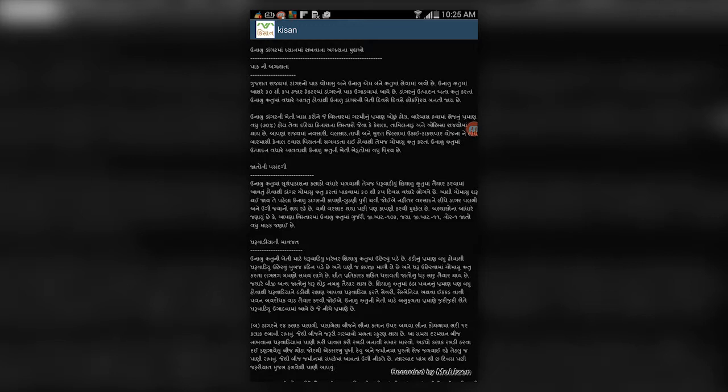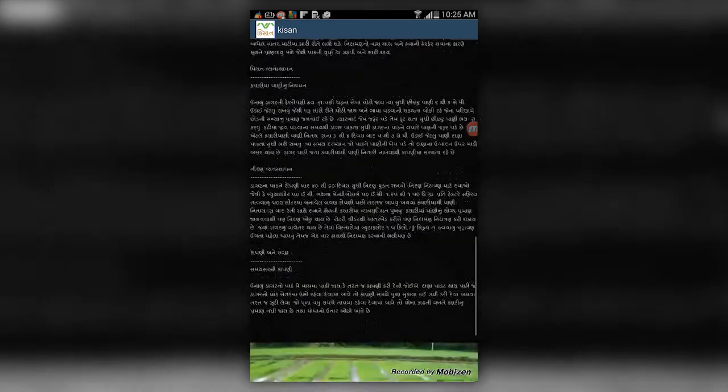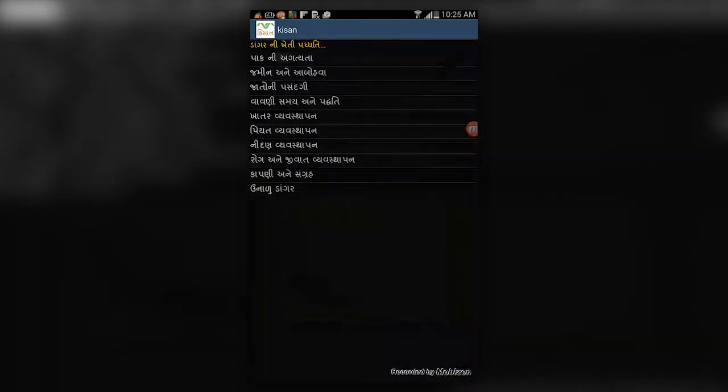Now what I have told you earlier, that is the summer paddy cultivation in this South Gujarat area where the irrigation is available into the summers. There is another practice is going on for the paddy cultivation specifically in the summer area, because it gives very good productivity compared to the rainy season. And everything, what precaution you should take, what cultivation practices you should follow for this summer cultivation, everything is depicted here.